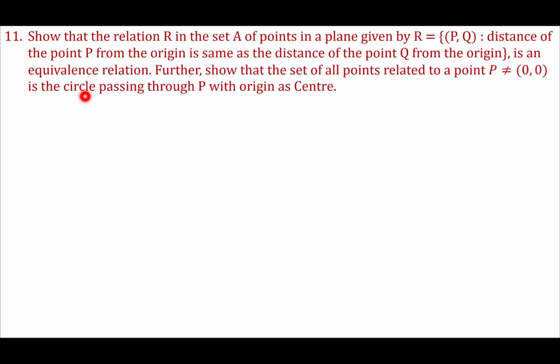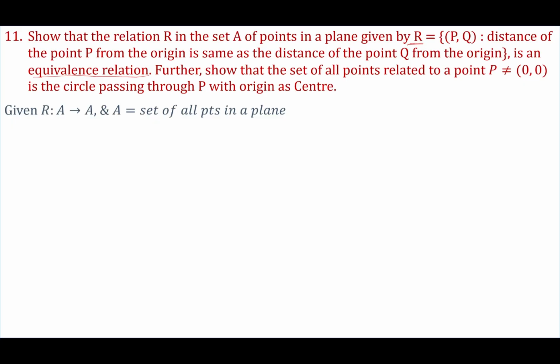Question 11. Show that the relation R in set A of points in a plane given by R equals {(P, Q): distance of point P from the origin is the same as the distance of the point Q from the origin} is an equivalence relation. So in this question, we have to prove that the given relation R is an equivalence relation. At first, the given relation R is defined on set A,